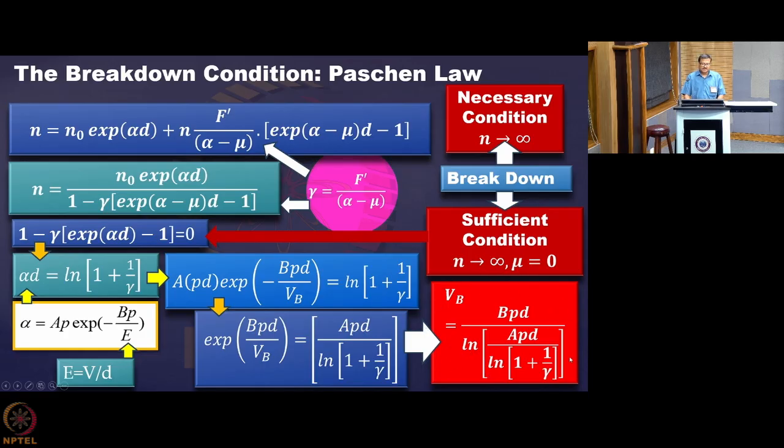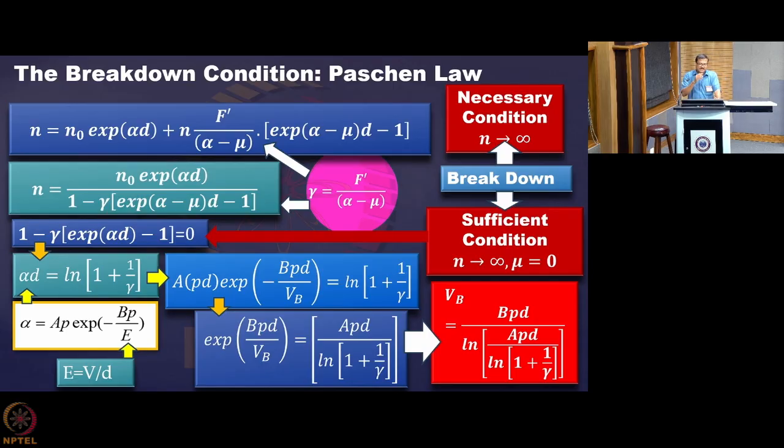Now looking at this condition, as a physicist, you will see that it has some specialty in the structure. So what is the specialty? I hope that some of you have already guessed what the controlling parameters are. They are the pressure, as we have already seen during the derivation of the Townsend first ionization coefficient, that depending on the pressure the free path will vary, so it will affect your breakdown. And the other thing is how long it has to go, the discharge gap, so that also will matter.